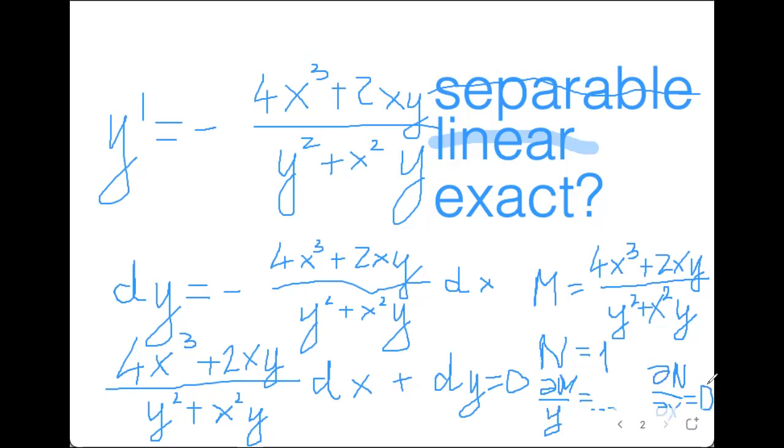But it's pretty unreasonable to test it for exactness like that. So let's test the more reasonable version of it. Let's multiply the whole equation by this denominator, y squared plus x squared y. So what do we get? We get 4x cubed, okay, this is good. 4x cubed plus 2xy